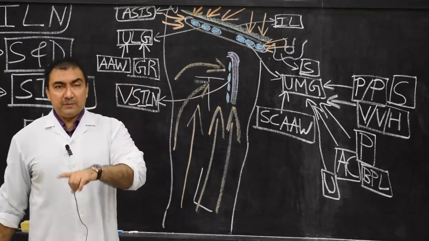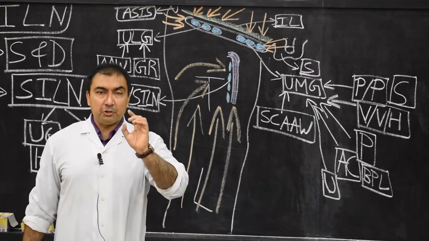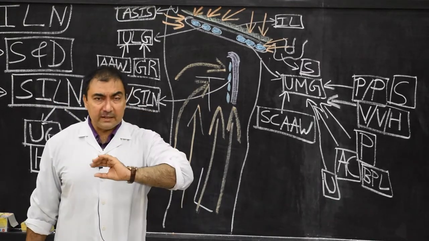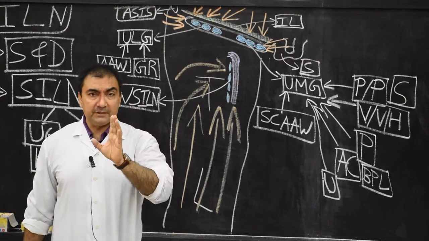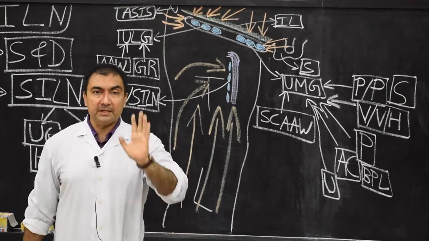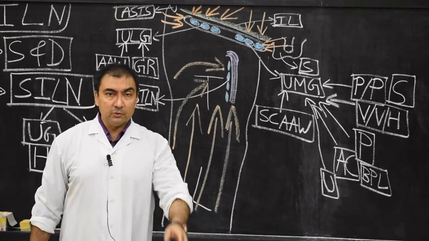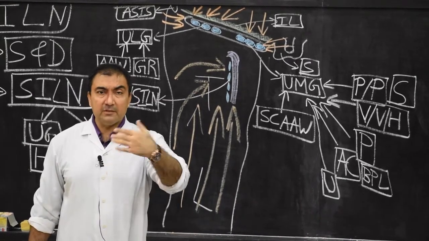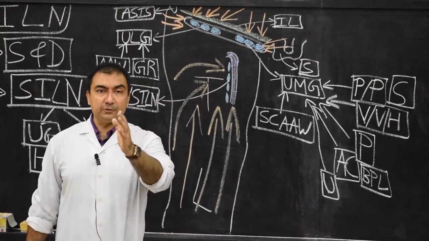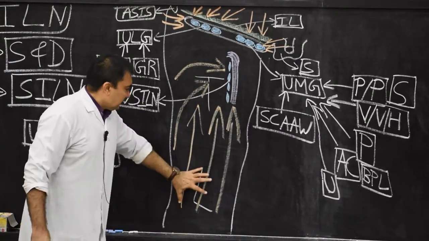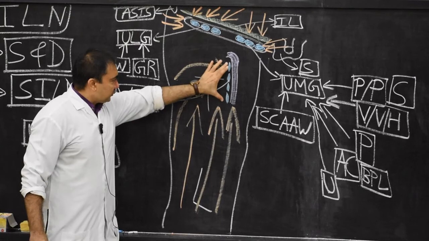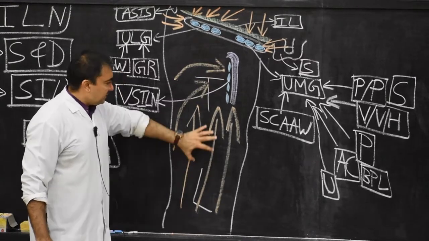Except those lymph nodes which will relay around the short saphenous vein, because the lymphatic channels around the short saphenous vein will drain only into popliteal group of lymph nodes, and those popliteal group of lymph nodes are included in the deep lymphatics of lower limb. So therefore here we need to mention that the entire vertical group of superficial inguinal lymph nodes will drain the lower limb.